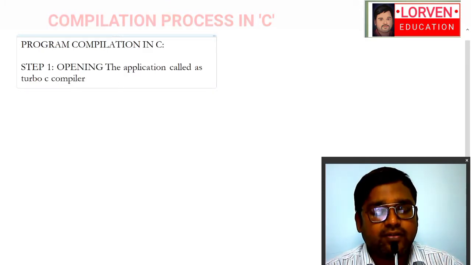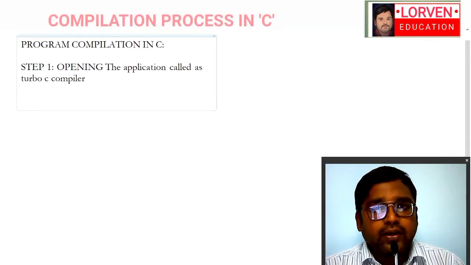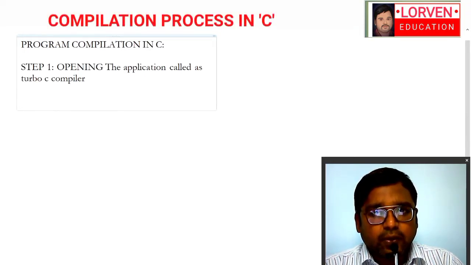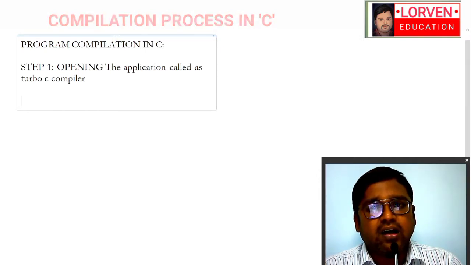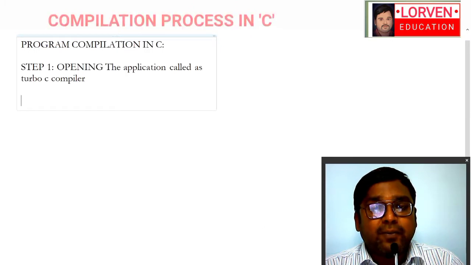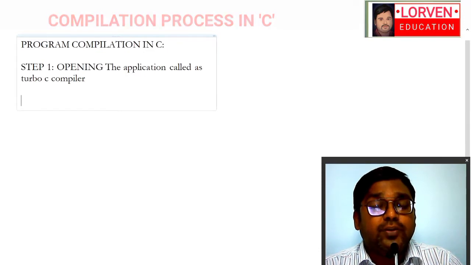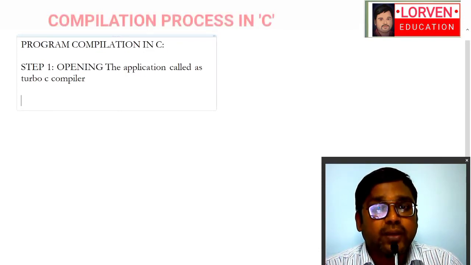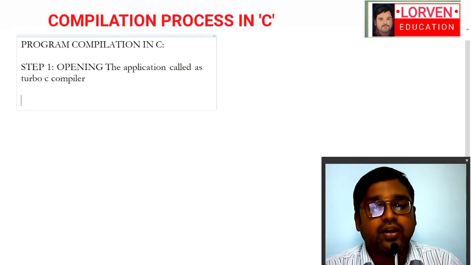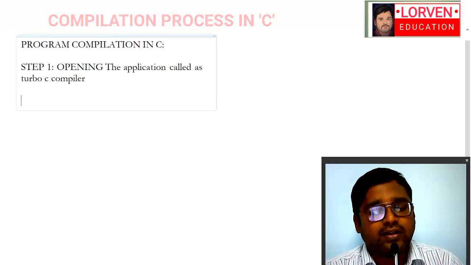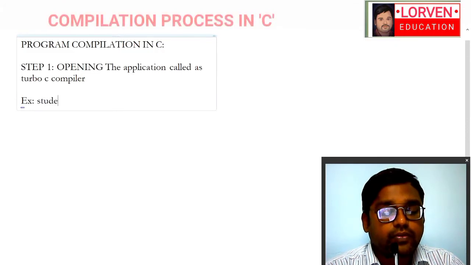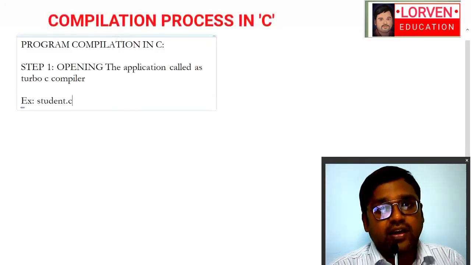Right, step number 1 is done. Now when you are starting writing the program, you should have a base idea of the file name. Why? Because whenever you give a name to a file, on seeing the name you should be able to get some idea of the code you have written. For example, suppose I write student.c, then here student is the name of the file and .c is the format of the file. Example is like this, student.c. This is the way I save the file.